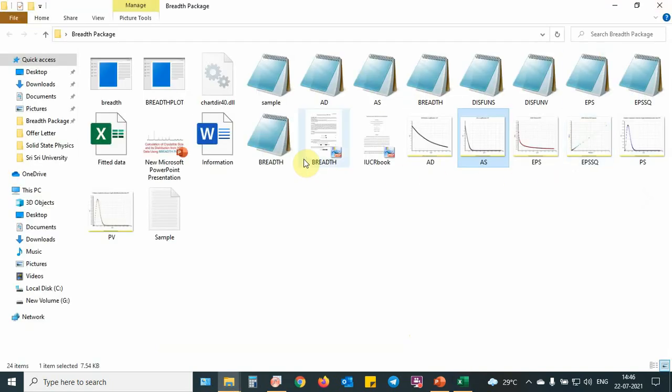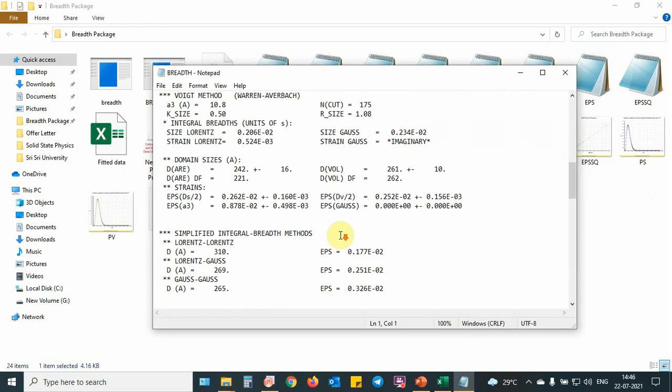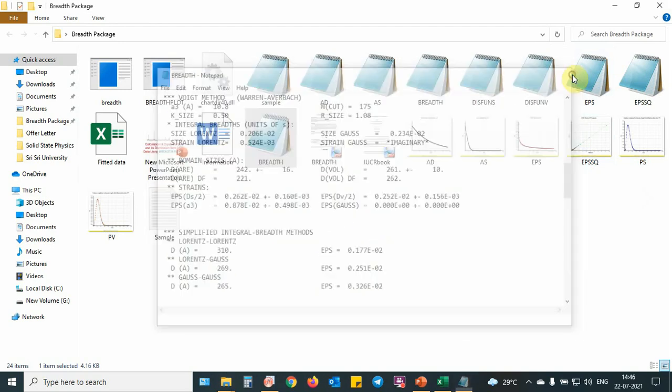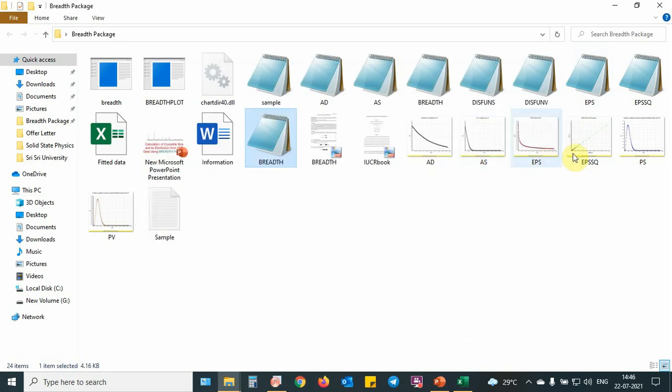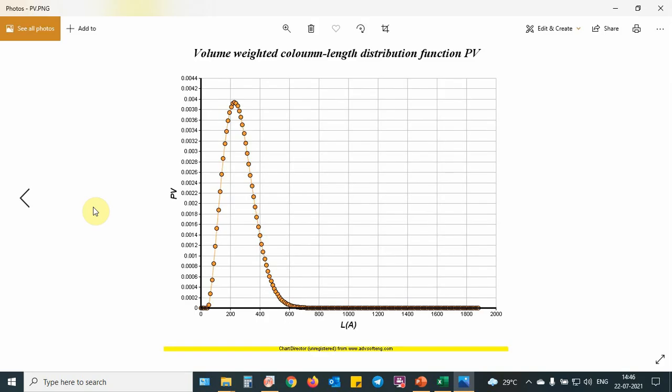Also, from the output file you will find the strain, and you will also see the volume distribution. The volume distribution of the peak profile will come around 220, because this distribution will have some peak position around 20 nanometer or 200 angstrom, but there will be a distribution.